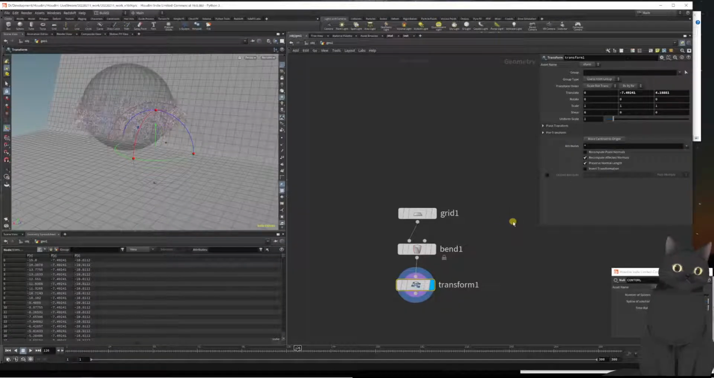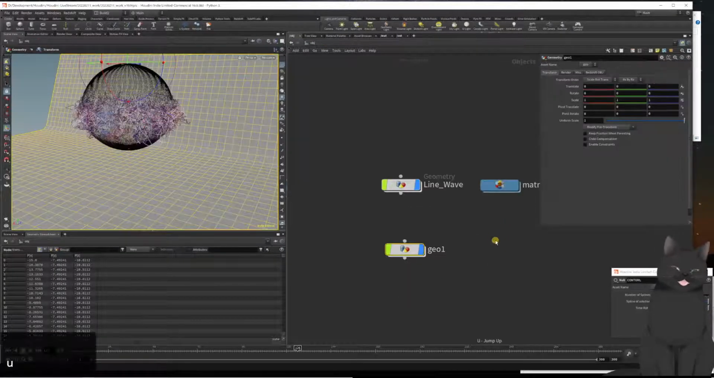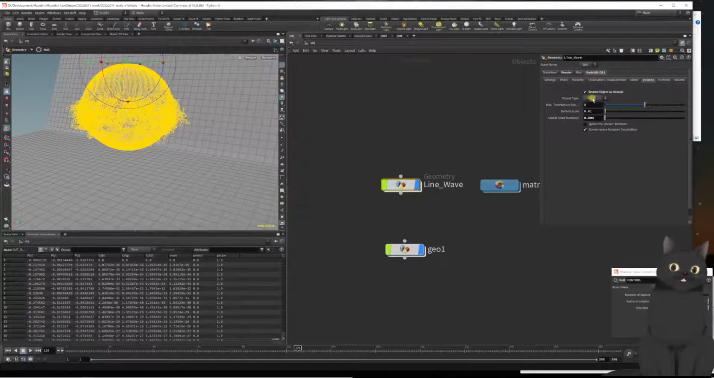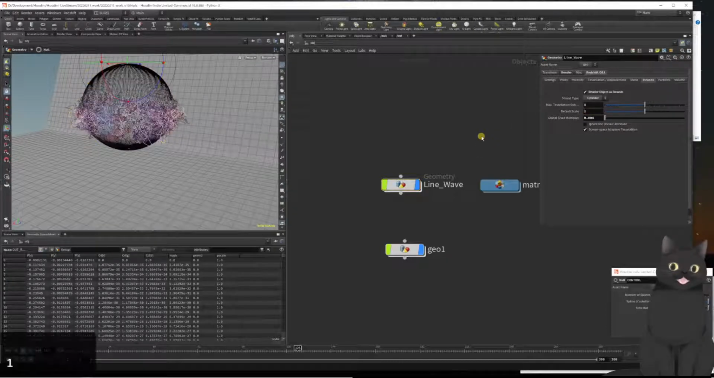We click to the tabs called strands and we check the render objects as strands. Strand type should be cylinder, default scale should be 1, and global scale multiplier, it really depends on the number of your splines. So in my case, for 2000 splines, I needed global scale multiplier set to 0.004. Then you also will need a camera, which you can create by clicking here, new camera, and